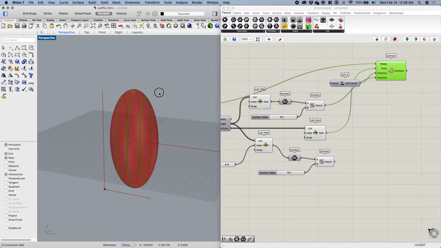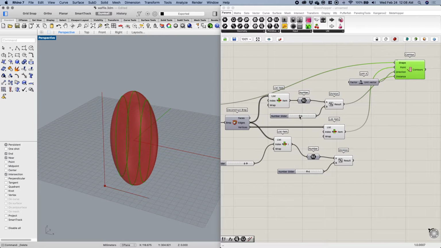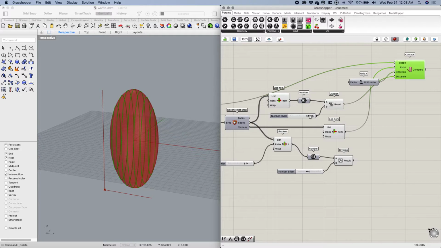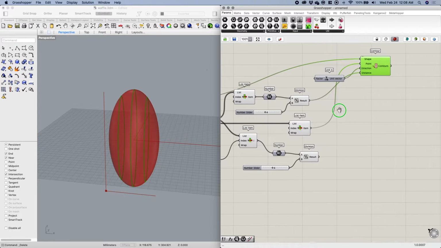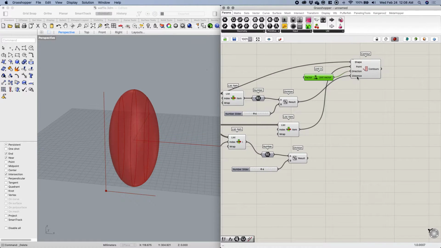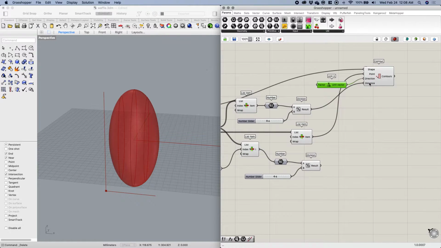If I bake those, then we can see I have some curves that represent that. If I want more contours, I just increase the number of divisions, like so. I'll keep it simple for now. Leave it at 4. So it's 1, 2, 3, 4 divisions, which is three contours basically. And let's see here. What I could do too is adjust for